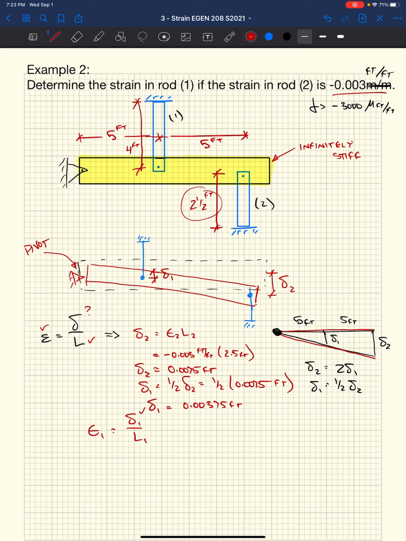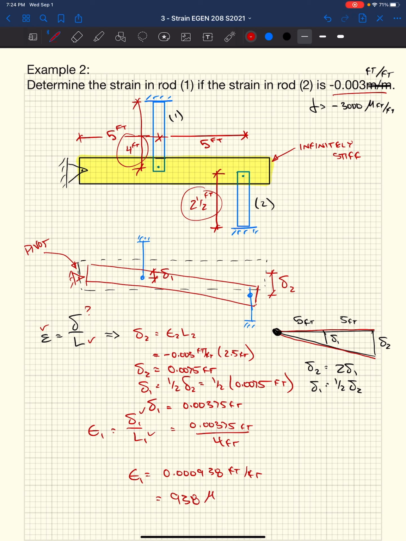Well, we have both of those now. We have delta 1, just calculated it. L1, given up above, is 4 feet. So we have 0.00375 feet divided by L, which is 4 feet. That's this guy up here. So we get a strain in rod 1 of 0.000938 feet per foot,